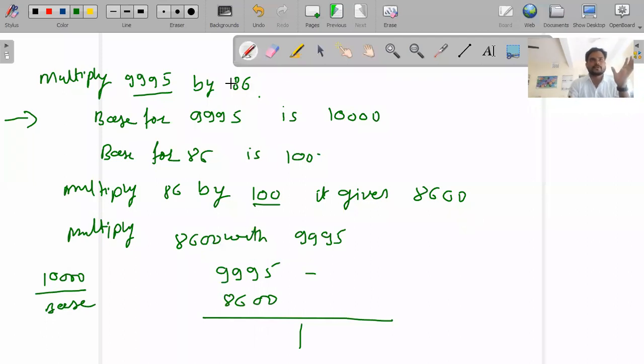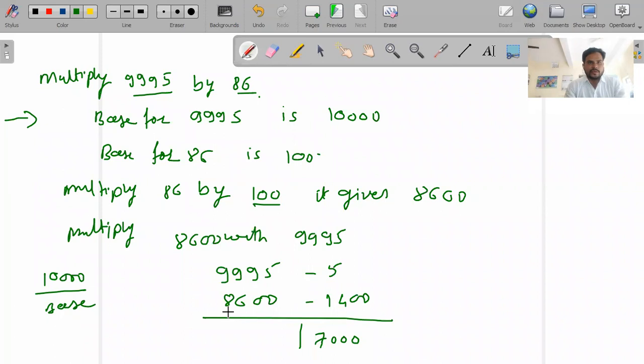The final answer is 8595700. Do you mean the multiplication with 86? No, directly divide by 100, just remove the last two zeros: 859570. Okay, now let me do it with the procedure. Now minus 5 is there, and then minus 1400. Now here, what will be the answer? 7000 will be there, the multiplication.